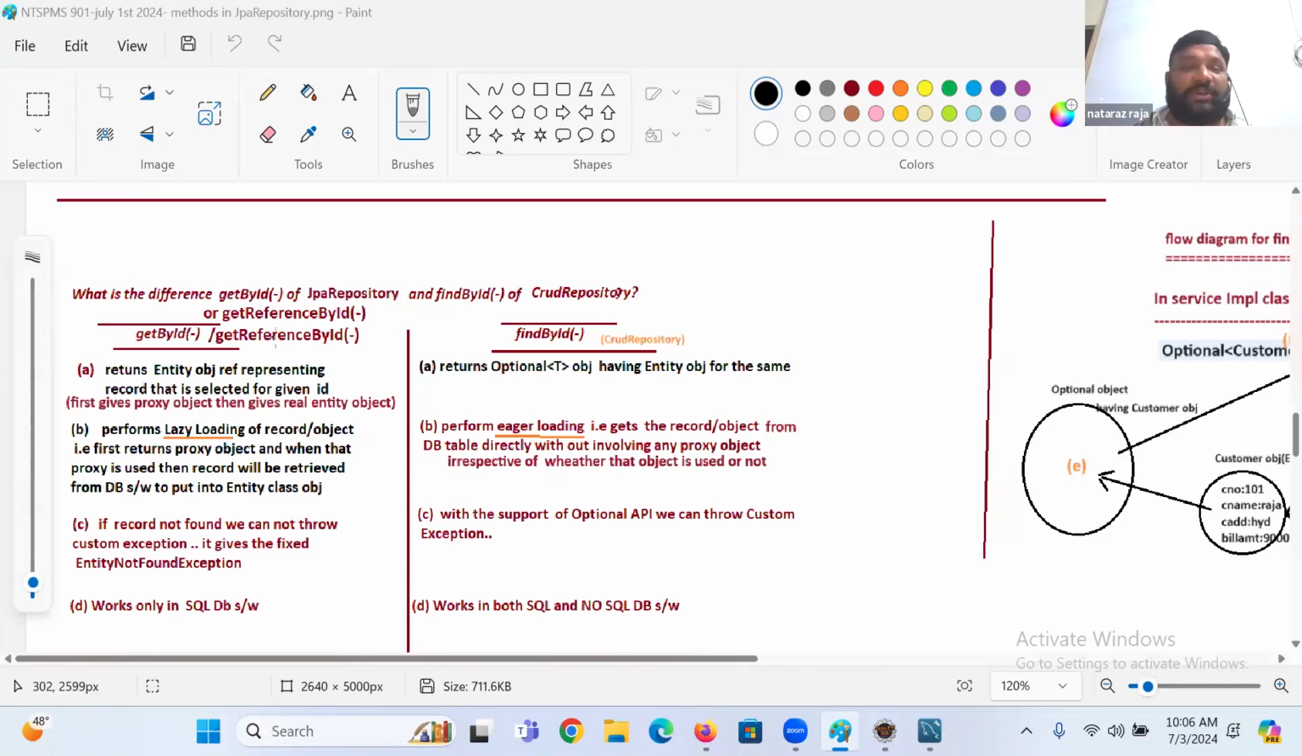What is the difference between getById of JpaRepository and findById of CrudRepository? Got it. getById, getReferenceById, getOne are all one and the same. Here findById belongs to the regular CrudRepository. It returns an entity of